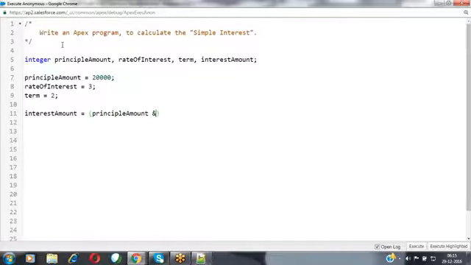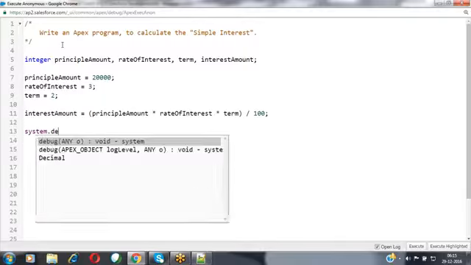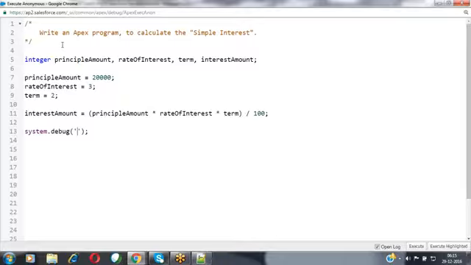principal amount into the rate of interest into the term and by 100. Now the PNR by 100 here. Once the operation has been done, I would like to get the result, and I would like to display that result to you on the debug log file.